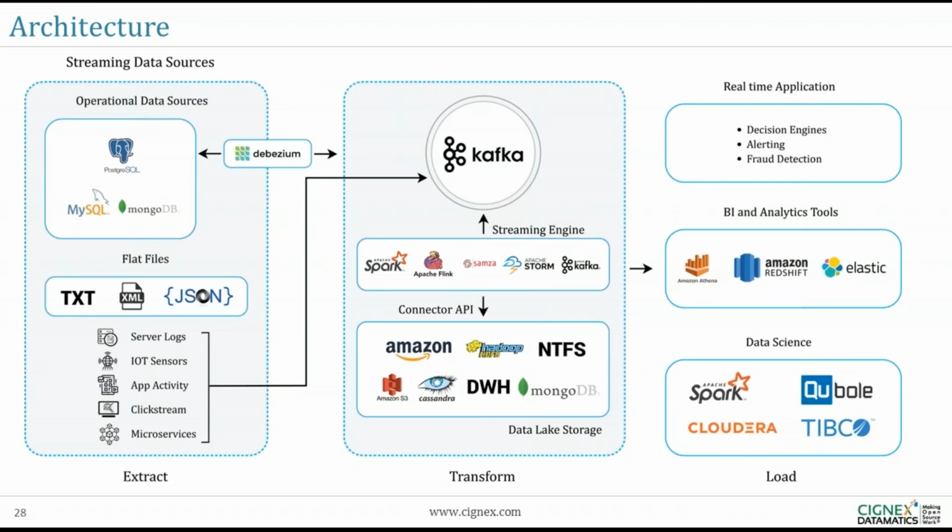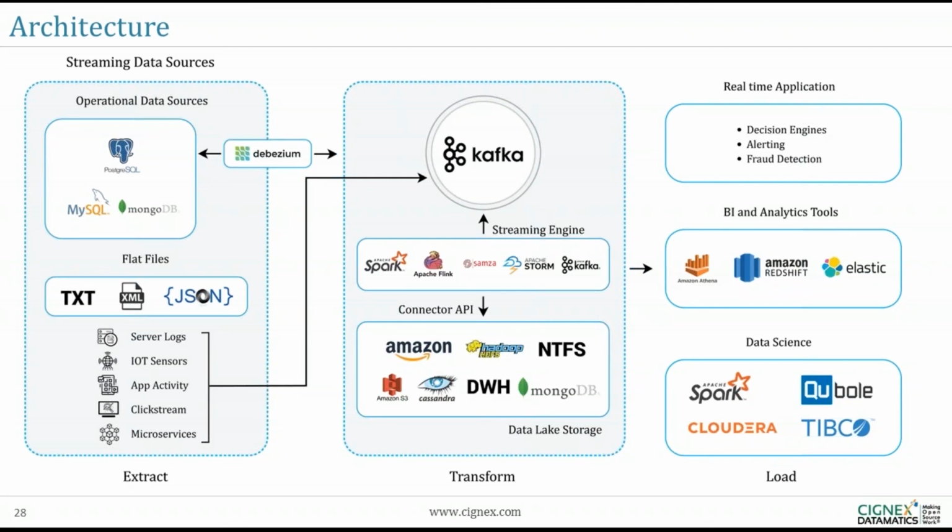So as far as data processing is concerned, we have a couple of options today that we can adopt from open source tools. Some of the options are listed here as part of the streaming engine. We have Apache Spark, Apache Flink, Samza, Storm, and Kafka Streams as well. These engines give you enough capability to process your data, whether it is in GB or even in bytes. But depending on the volume of your data, you can choose the platform you want to use.